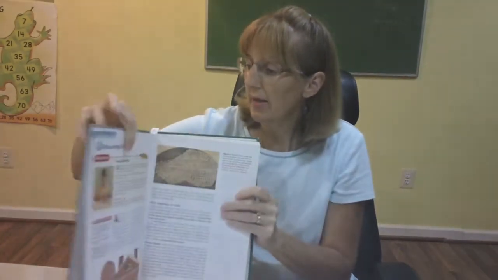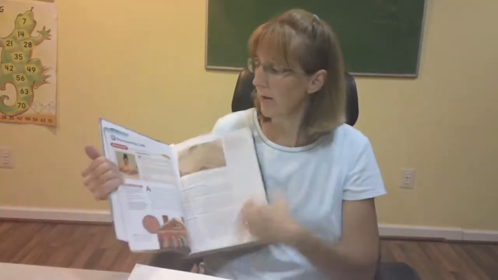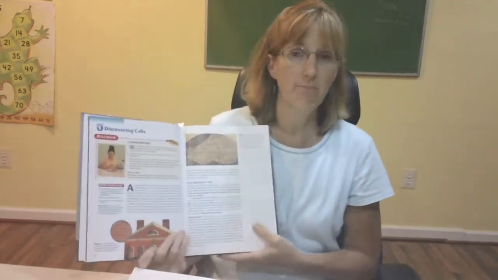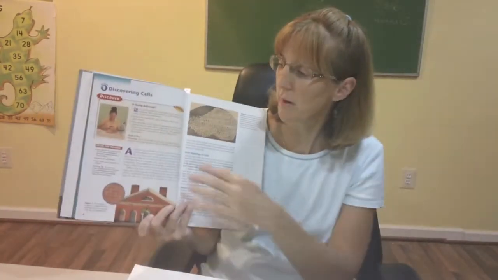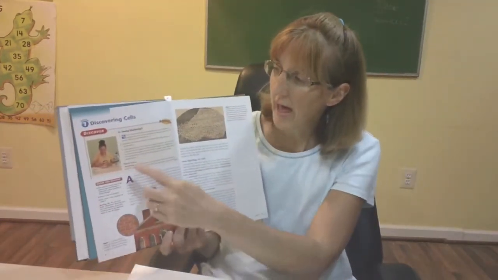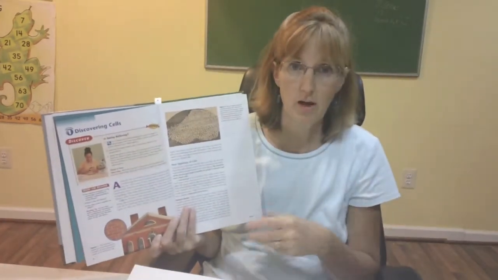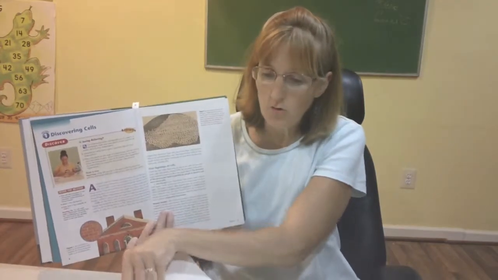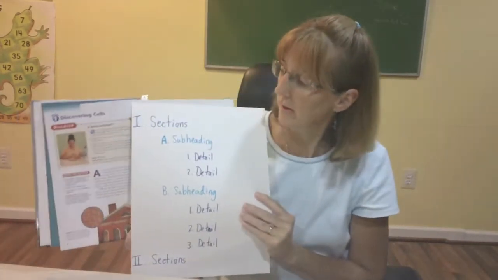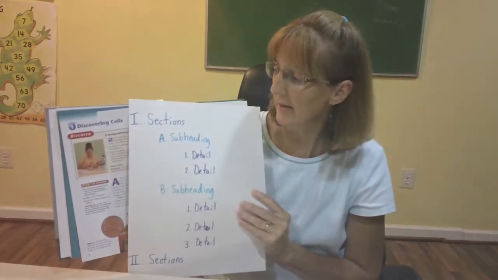One of the reasons why I like the Prentice Hall book is that it's really well organized, and each chapter is kind of color-coded. You can use that organizational method to help with your note-taking. Each chapter is divided up into a number of sections, and those section headings are written in navy blue. There's usually 3 or 4 to every chapter. And when you're taking your notes, you're going to label those sections with Roman numerals. Those will be the headings.